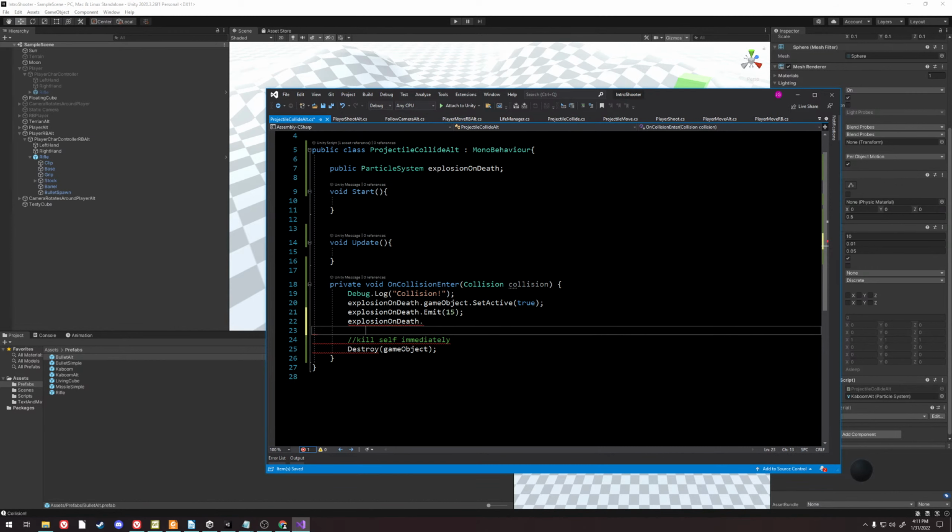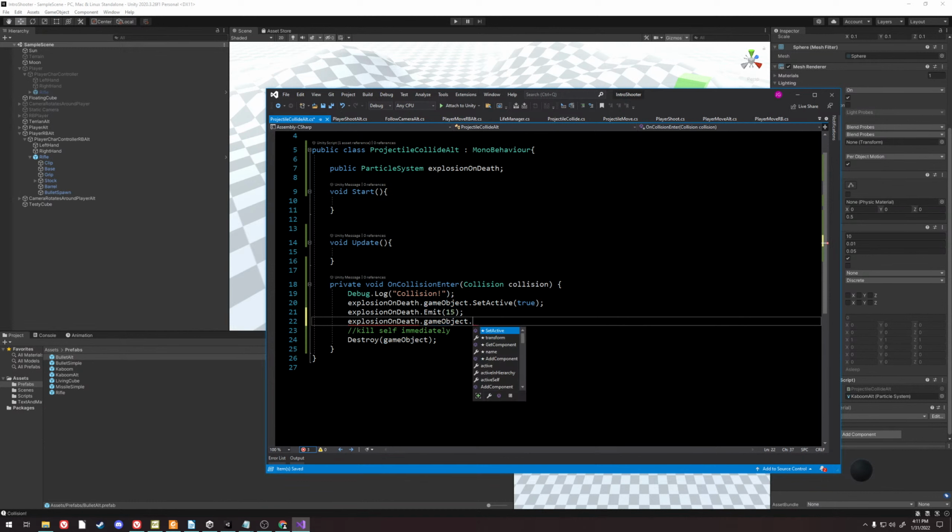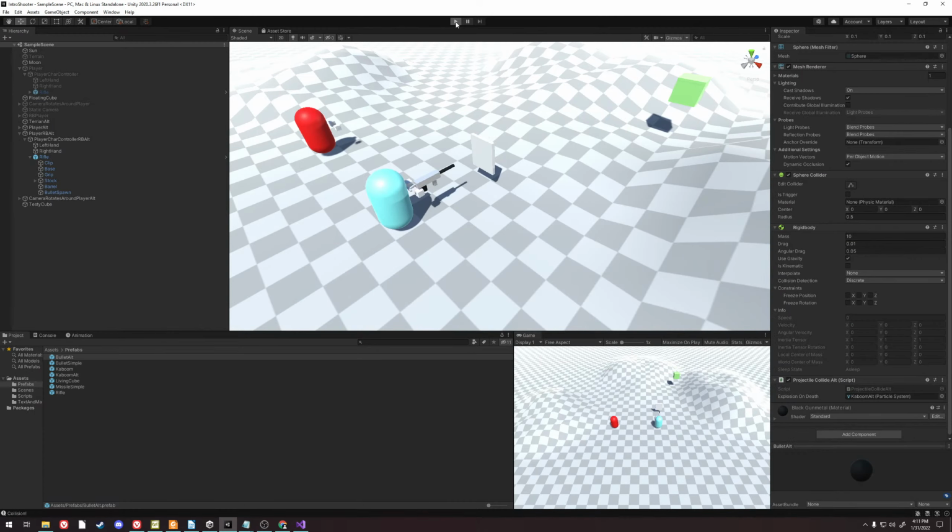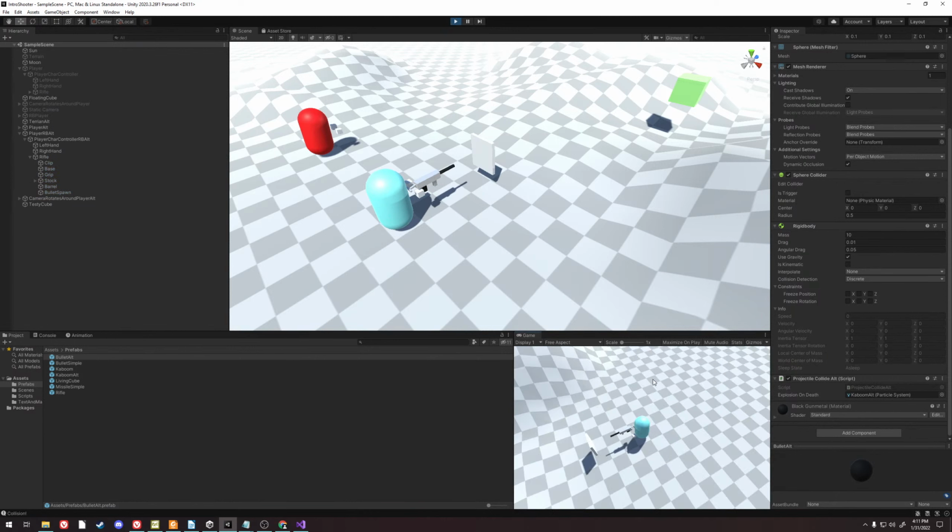Dot gameObject. I want the game object that is responsible for that particle system. I want its transform, and I want to set that transform's parent to nothing. So setting it to null sets it to be the root, the scene. So if I include this one little change, now you'll see that every time a bullet hits that board, it